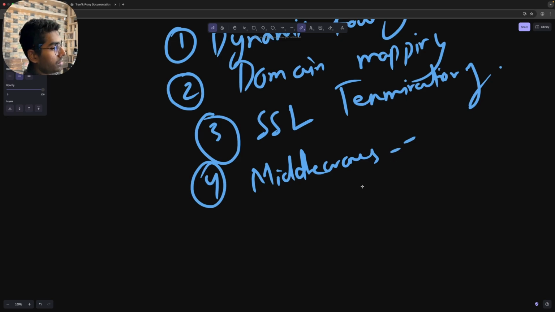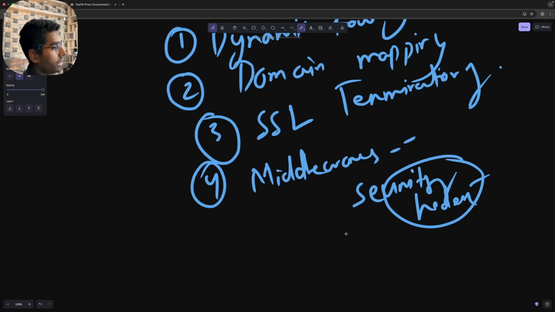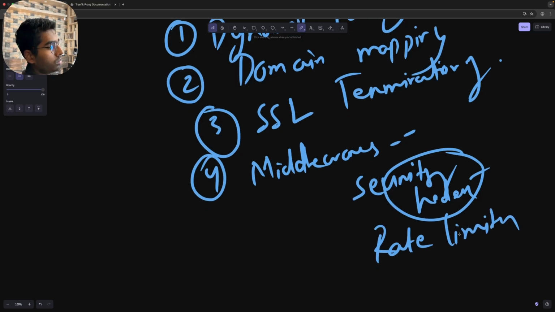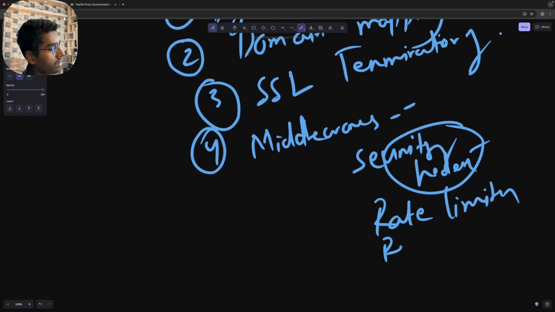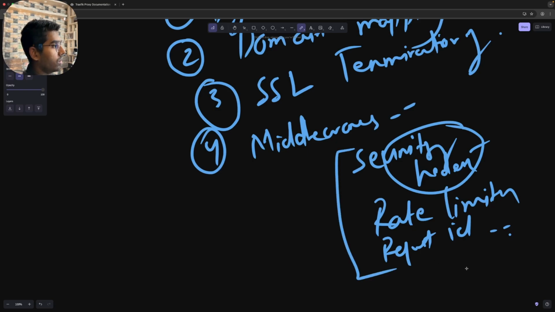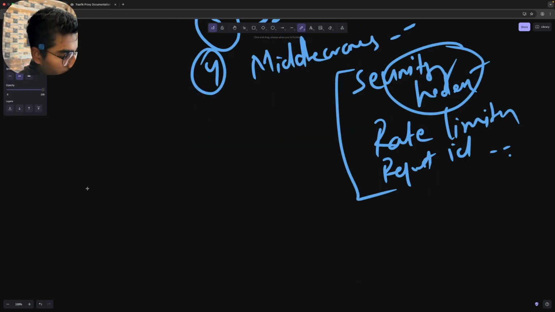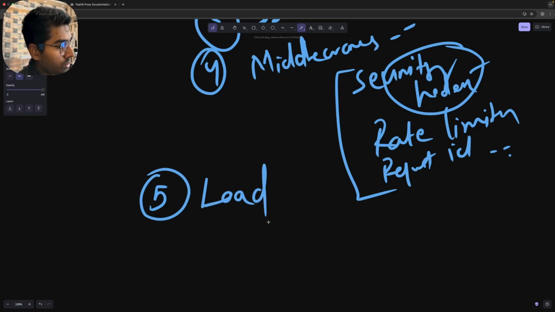Other than that, if you want to configure security headers for content security policy or iframe based attacks, that you can configure with another Traefik middleware. Then you can also configure rate limiting. If you want, you can also add a request ID generator, and there are 100 other use cases for a Traefik middleware. Then a reverse proxy like Traefik also helps with load balancing, which is again another important feature if